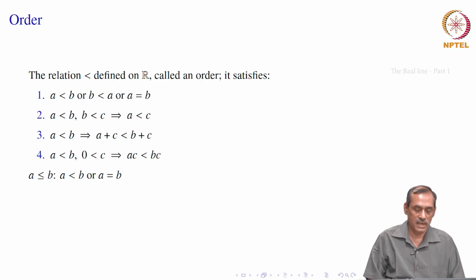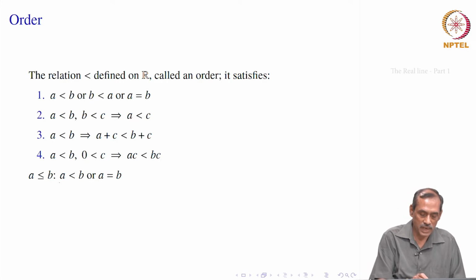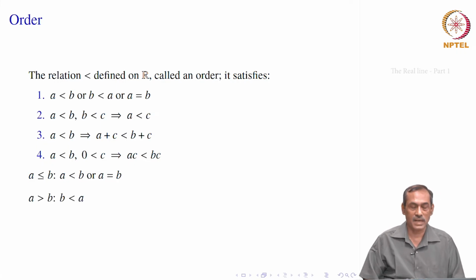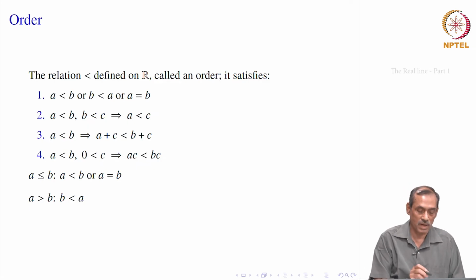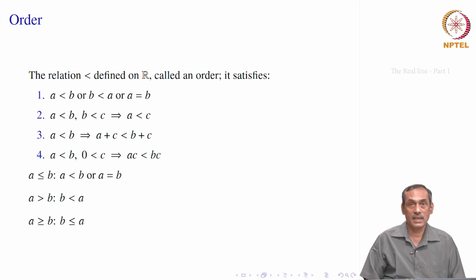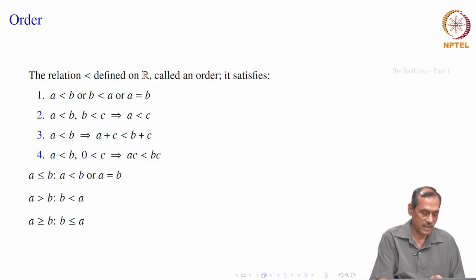And there is a notation here: for A less than B or A is equal to B, we will put an abbreviation, we will write A less than or equal to B. That is how we abbreviate these two things. And there is another abbreviation, we write A is greater than B for B is less than A. This is another symbol which is really coming from less than. Similarly, we will say A is greater than or equal to B whenever B is less than or equal to A. They will mean the same thing.